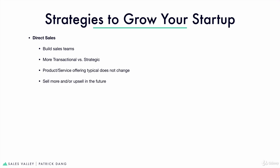Now, when it comes to direct sales, essentially it requires you to build a sales team when you want to scale. It's also a little bit more transactional compared to strategic. And the product or service that you're offering typically doesn't change too much. So essentially, you're going out to different companies and you're selling the same product or service. Some people are going to say yes, some people are going to say no, and you keep repeating that cycle. And so when you want to make money in direct sales, either you sell more of whatever you have or you get your current customers to buy more from you. So that's going to be a brief introduction into direct sales,